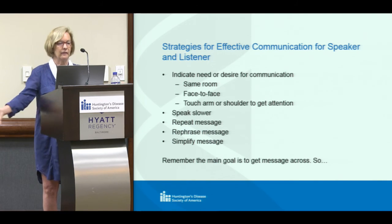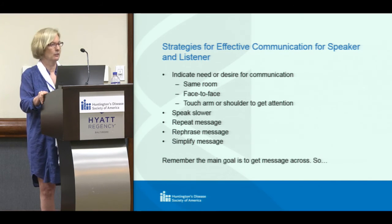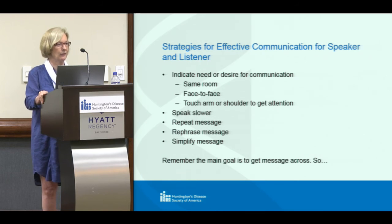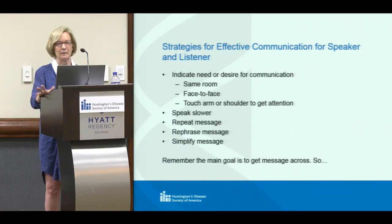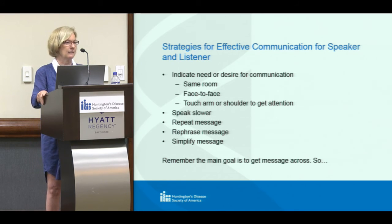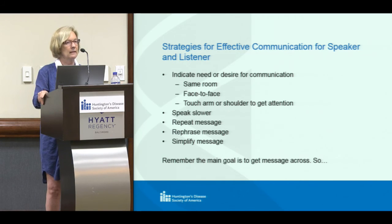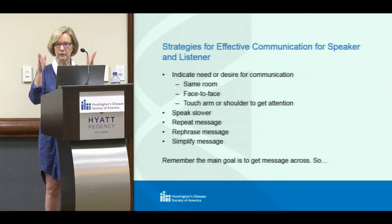So, strategies for effective communication for speaker and listener. And this is pretty much just for anybody, anywhere, at any time. When talking to somebody, it doesn't help if you're in the kitchen, they're in the bedroom, the water's running, and the TV's on, and you're calling out to, hey, get me the, I don't know what. That's a problem. If you want to converse or need to tell somebody something, get their attention, tap them on the shoulder, get in the same room with them, look at them, and make sure they're looking at you, and then